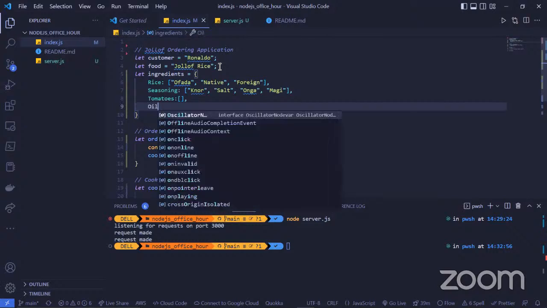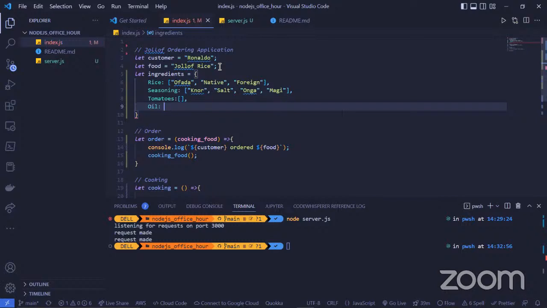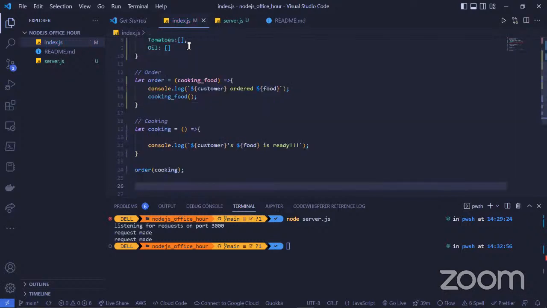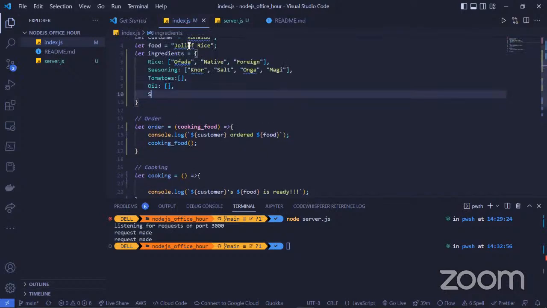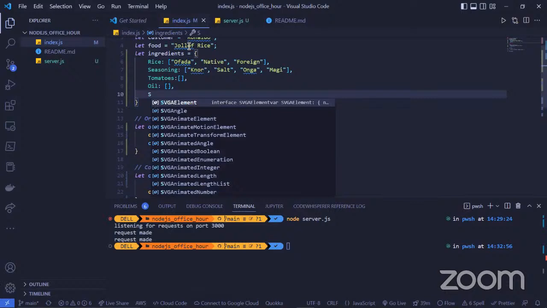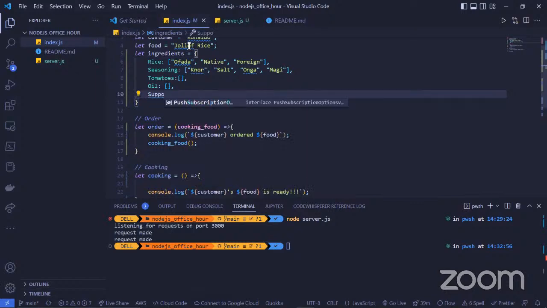We have different types of oil you can use. I won't fill them up now. We have different supports. I call it support. I don't know what to call it again, but I think by the time I tell you what support is, you will be able to follow.